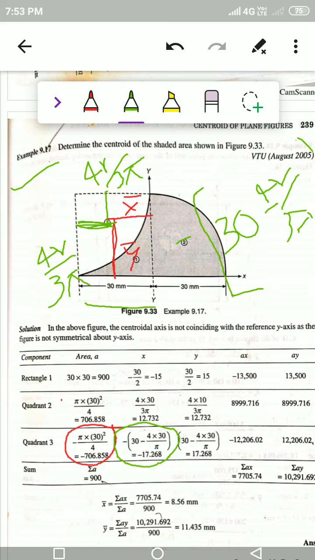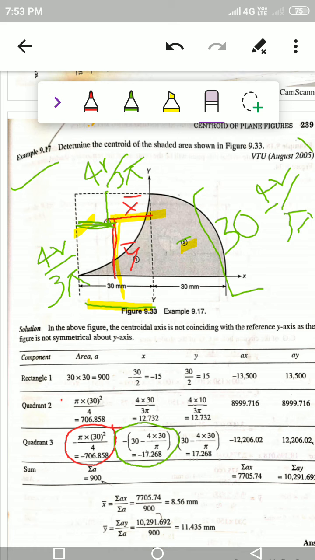Just observe whatever mark I have done, the x bar and y bar value. We want these x bar and these y bar here. Therefore the total is 30. In that 30, you have to deduct this green line and you will get the x bar value. The negative sign is there because you are measuring x bar on the left side of the y-axis, therefore it is negative. Then the y bar distance you need to calculate here.